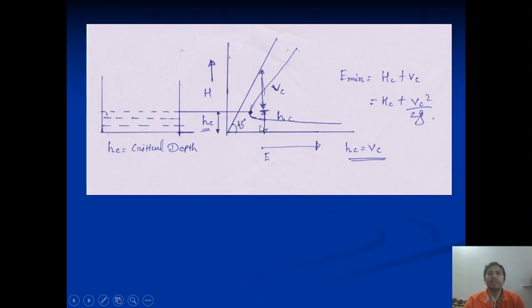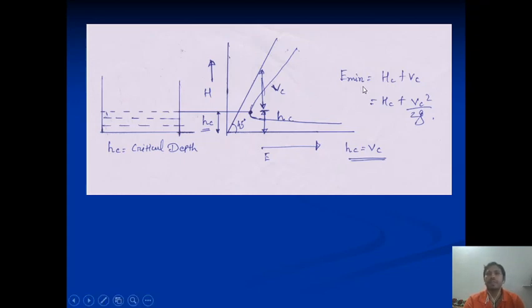And the third point is where you observe that the depth and the velocity head are both equal. At that time we observe that this is the depth where the specific energy is minimum. This is the center point of the specific energy curve, where the depth from the bottom of the graph as well as from the top of the inclined line, that means the velocity head and the depth head, will always remain the same. So if you measure the specific energy at this point, it is always considered the minimum specific energy in the river channel.